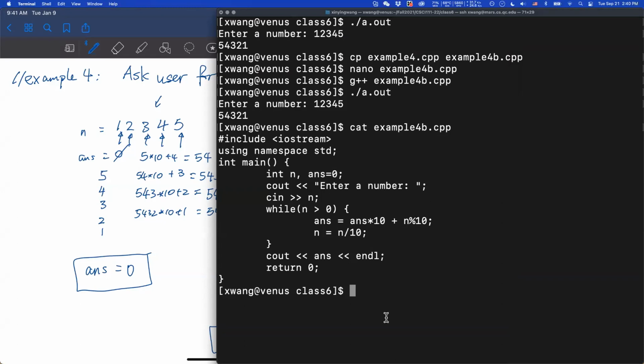Thank you, Professor. Okay, I see people asking, what if one of the digits is 0? It will still work, even if the 0 is in the middle of your number, or the last digit is 0. When you do a mod 10, you still get 0 as your answer. So if you just run it, I think this is the 4B version. So let's say you have 102, 03, 04. You will get 403, 02, 01. So it will still work.